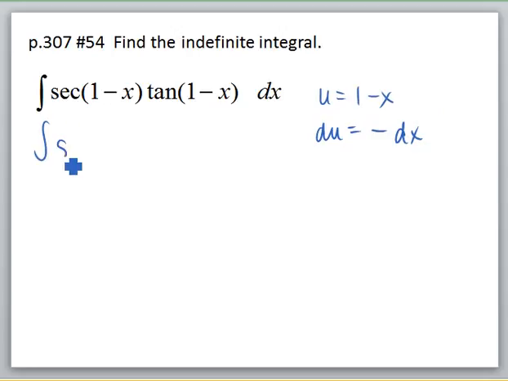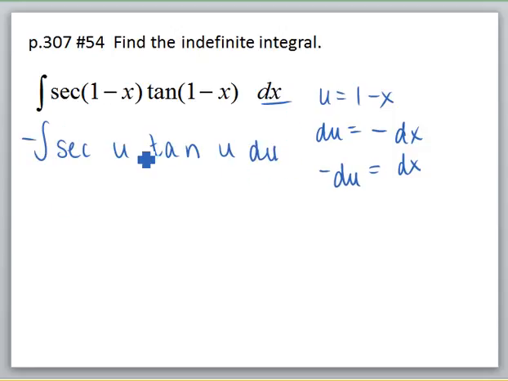So when I rewrite this, I get secant u, tangent u, and I need only the dx part. So I'm going to say that dx is equal to a negative du. So I'll put a negative du to replace my dx, and then I'll integrate. Well, the integral of secant tangent is secant, and then I'll have my plus c,